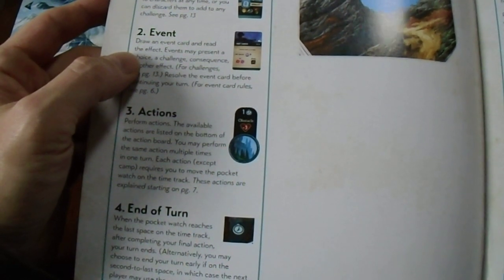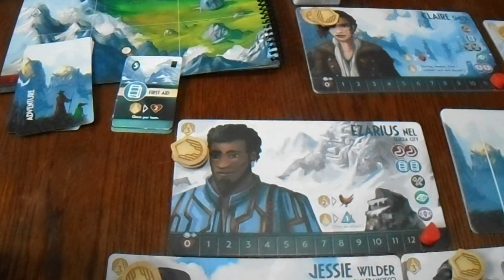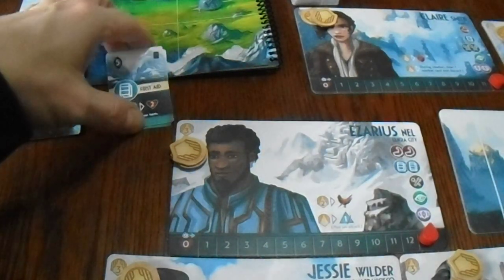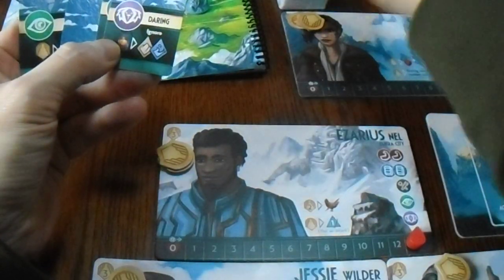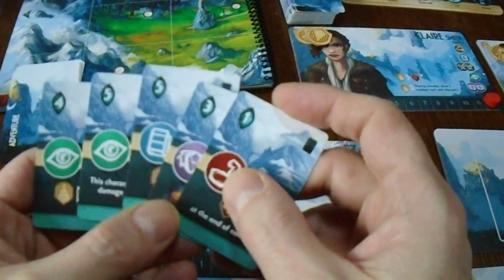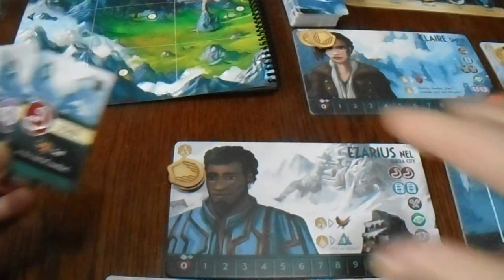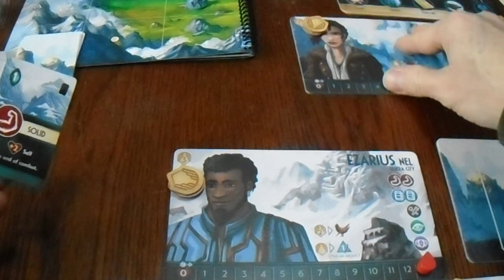Yes, let's check with the rule book. So yeah, it says draw 2 ability cards and then draw an event card and read the effect. I did not shuffle the event cards, so depending on what you did, shuffled or not. Let's see, I have these cards, I draw 2. So I have I things and book things and Moxie thing and okay, so that's obvious then. Lazarus has an innate